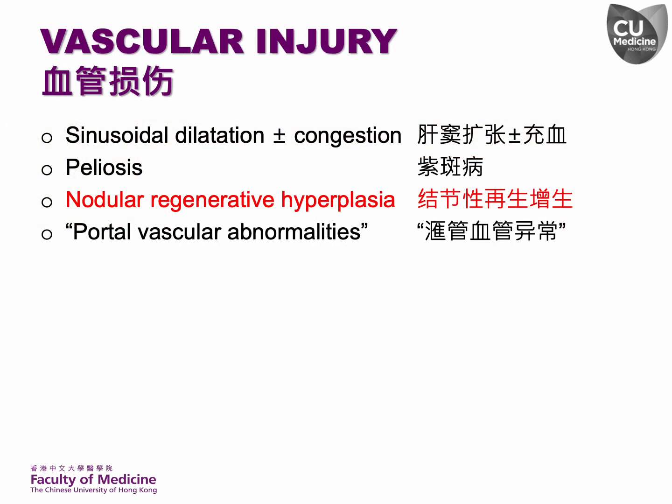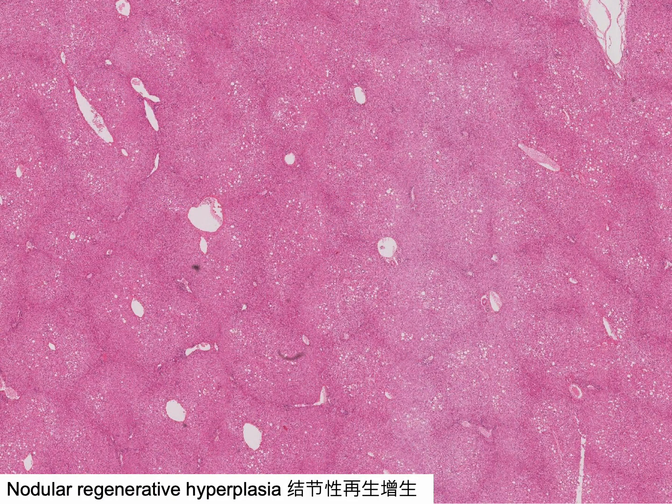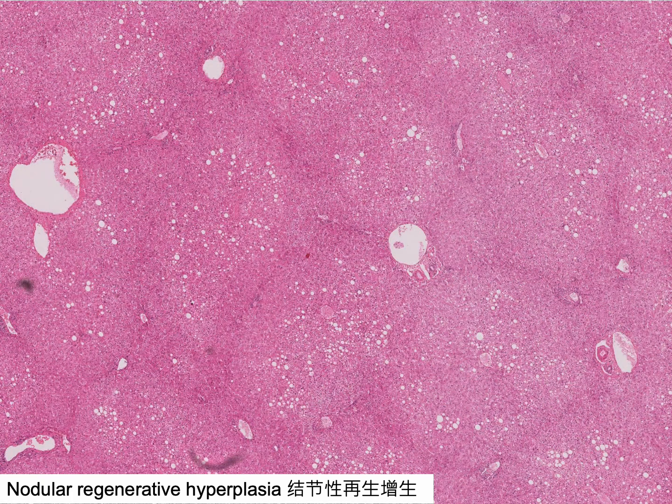Nodular regenerative hyperplasia (NRH) is characterized by the widespread transformation of normal hepatic parenchyma into multiple small regenerative nodules without significant fibrosis. This condition arises due to alterations in hepatic blood flow, leading to ischemia, subsequent atrophy, and regenerative hyperplasia of hepatocytes. NRH is best visualized at low magnification in an excisional specimen. There are multiple nodules of hepatocytes. Please note that the steatosis observed in the background of this example is not associated with NRH.